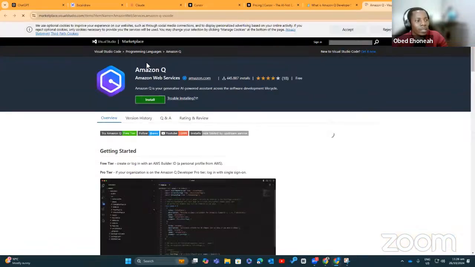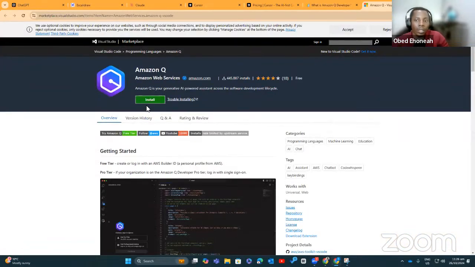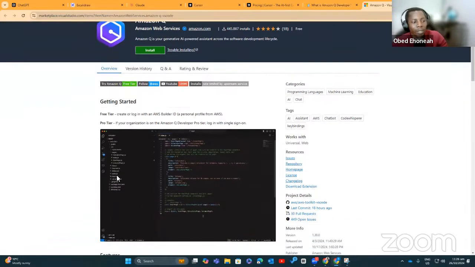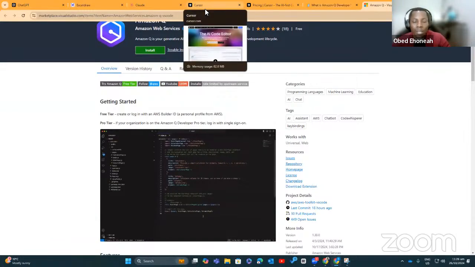There is an extension for Amazon Q that you can install in your VS Code to give you code suggestions and be able to chat with your code base and all. You can use other AI tools that also help in that regard, right? But so far, of the ones that I've tested, I think I love Cursor the more, even though I still have Amazon Q. I am enjoying using Cursor to solve most of the problems.